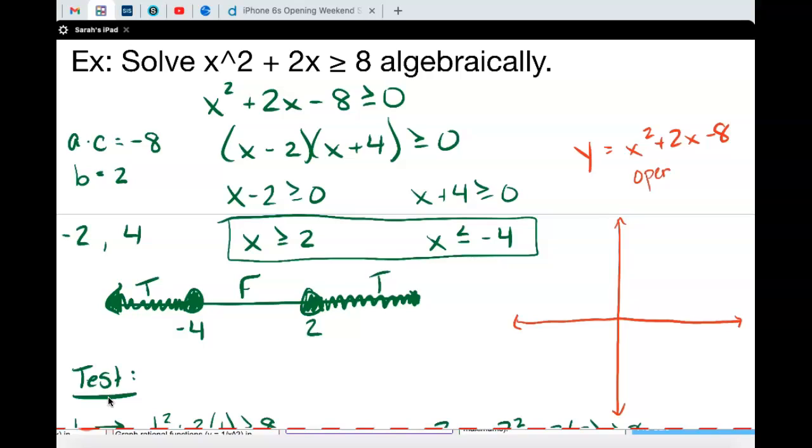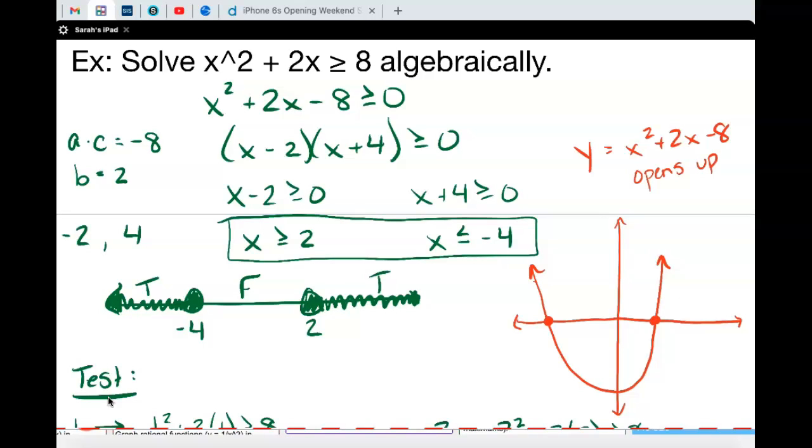Okay, and how do you know that? Yeah, the leading coefficient is positive, so I know it opens up. And then I do have 2 points of my graph, technically, based on what I just did. So 2 and negative 4 are solutions. These are actually the x-intercepts in the graph. So I could plot negative 4, I could plot 2. Since I know it opens up, my parabola is like, woo. And then,